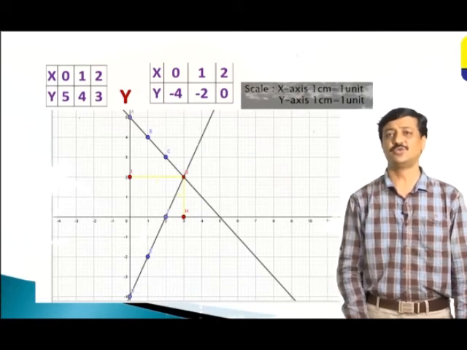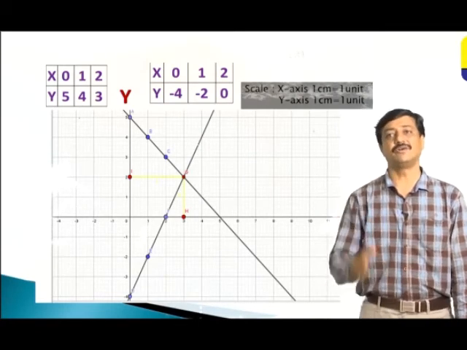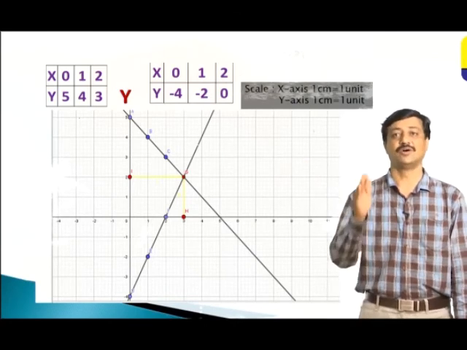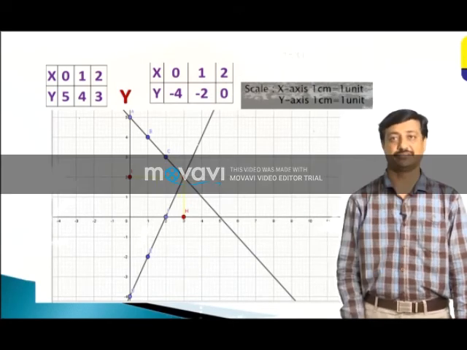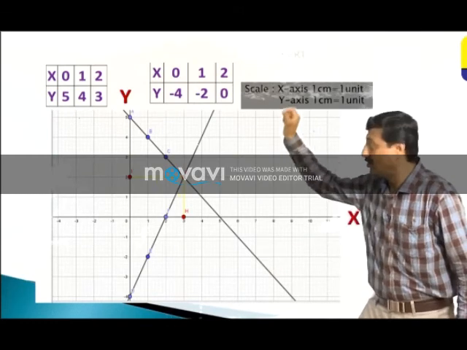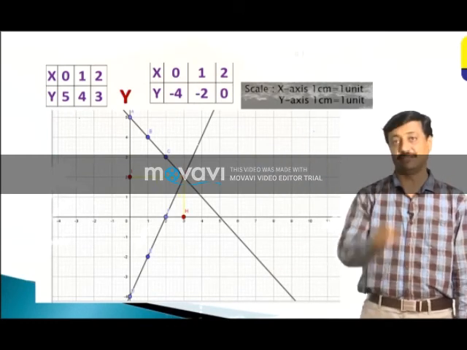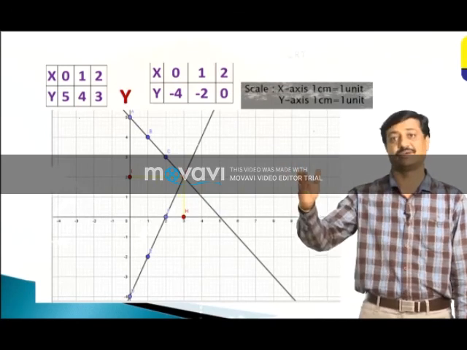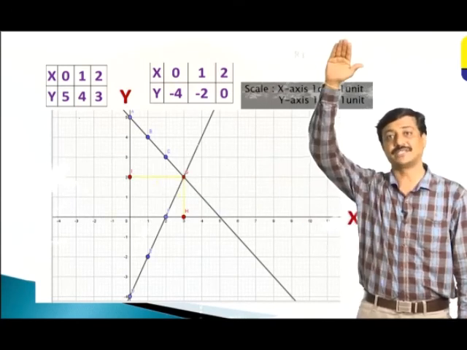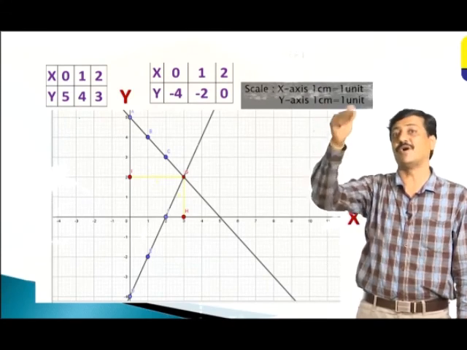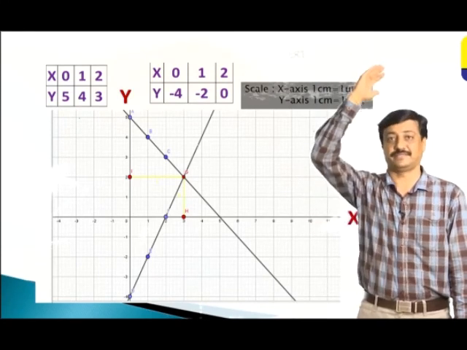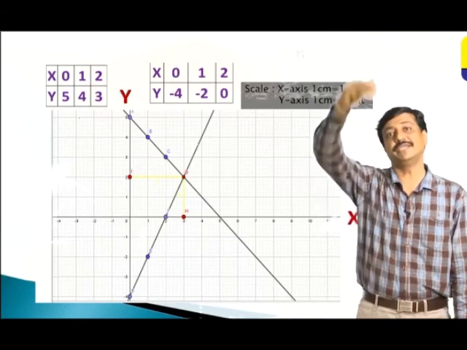For the scale, usually we will take along the x-axis 1 centimeter equal to 1 unit, and along the y-axis 1 centimeter equal to 1 unit. After writing this scale, now you start locating the points. Now the first point is 0, 5. Let us move 0 units towards the right side and 5 units upward, because 5 is positive. We have to move along the positive axis. That is why we have to take 5 units towards